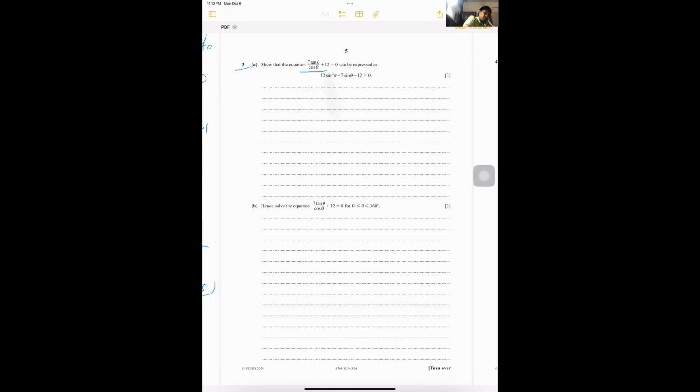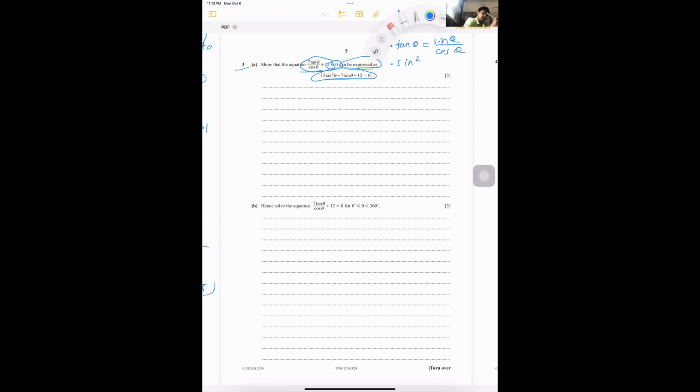Question 3. Show that the equation this is equal to 0 can be expressed as this. Okay, so they just converted both the tan and the cos theta. So we know that tan theta is equal to sine theta by cos theta. I'm giving you a few identities you need to know, and the other identity you need to know here is